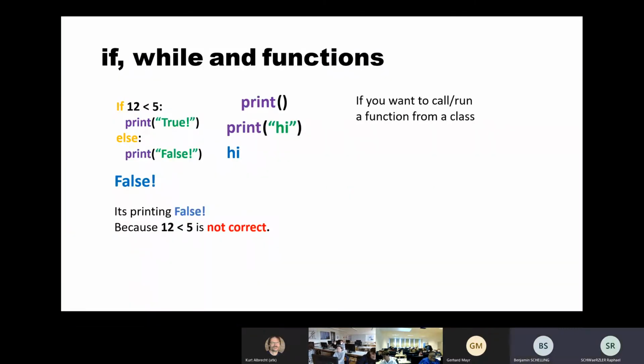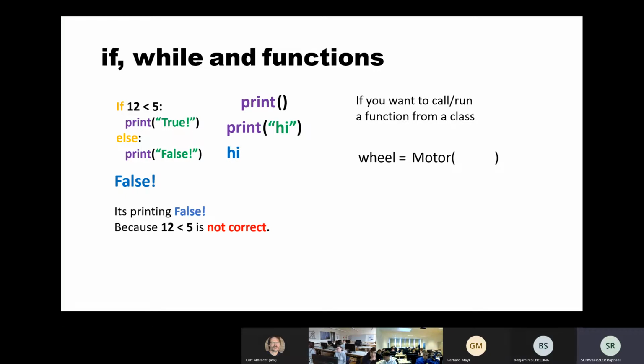Okay, now I hope everybody's listening. Now we are trying to call a function. And how do we do that? First, we need the name of the function. Oh no, wait a second. If you want to run a function from a class, first we need to initialize our class. So we need a variable for the object that the class is giving us. So when I type in wheel equals motor,